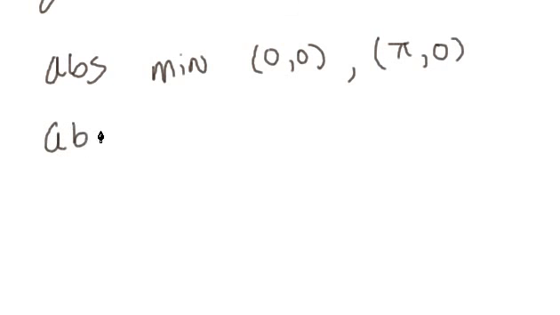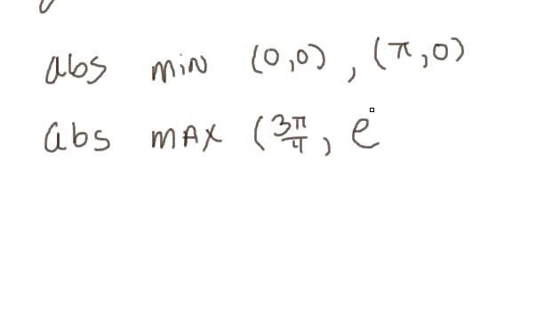And then we had an absolute maximum which occurred at 3 pi fourths. And of course we plug the 3 pi fourths into the original function, and we end up with e to the 3 pi fourths times